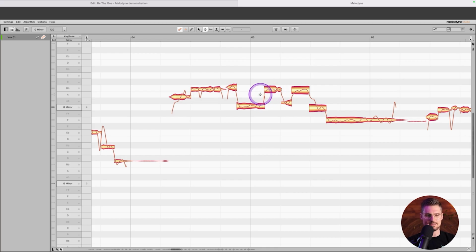Now you might be able to see there's something funny happen to this continuous line here when I was using that. And that is one of the artifacts of using this pitch modulation tool, that instead of having nice smooth transitions between notes, they'll start to be square. And when they do start to become square, that's when they start to sound more like auto-tune and less like transparent Melodyne tuning. Now, one way to help mitigate that is to go back to our pitch tool